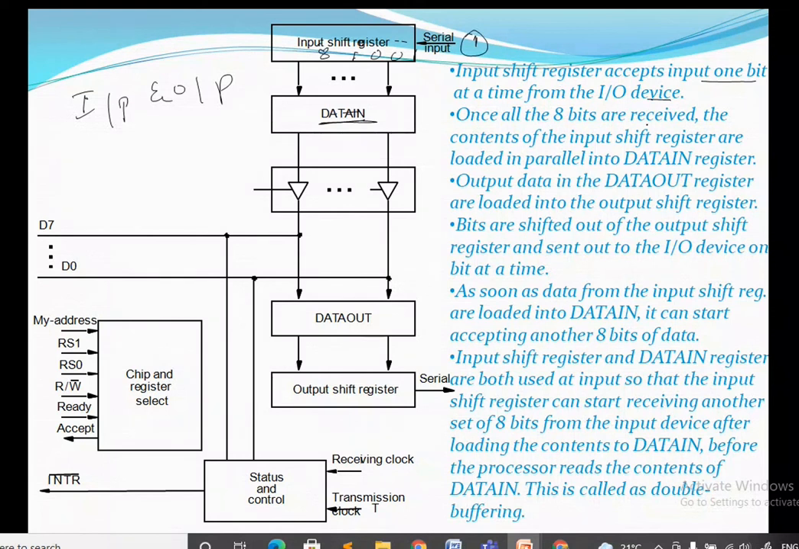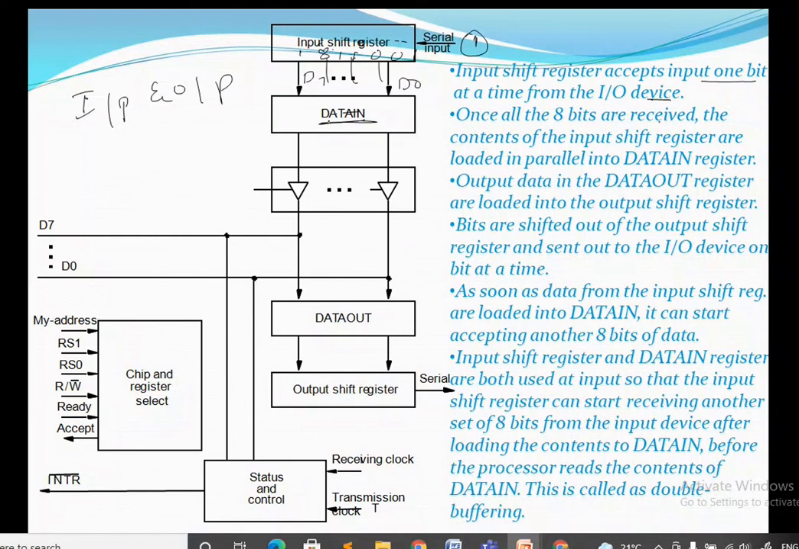Once all the 8 bits are received, it keeps track of all the 8 bits. Once the 8 bits are filled in this shift register, it is going to load that 8 bits of information into the data in register. The content of the input register is loaded in parallel. That is important. All 8 bits, you will be having the D0 to D7 lines here. So all the bits, parallelly, at a time, all 8 bits will be loaded